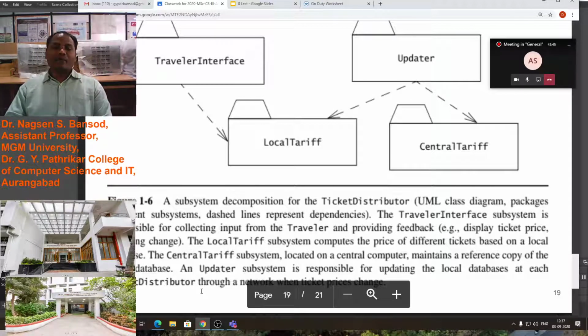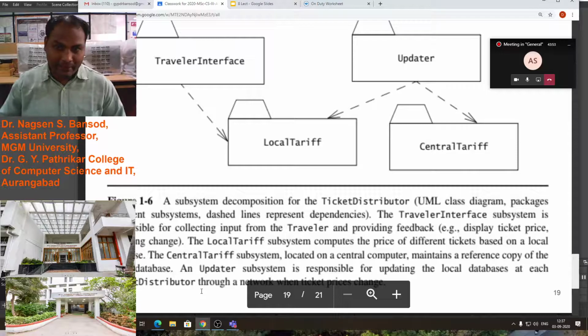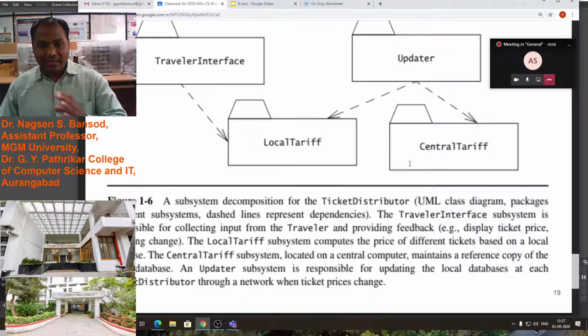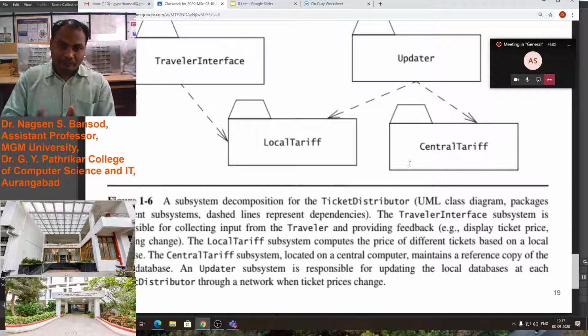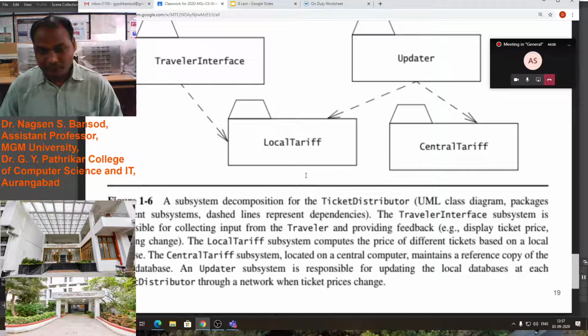All that data will be the local data, the local input, that will be connected to the bank. Then the record will be stored, and the record will be sent back to the local machine with the help of the tariff. Is it understood? Yes, sir.